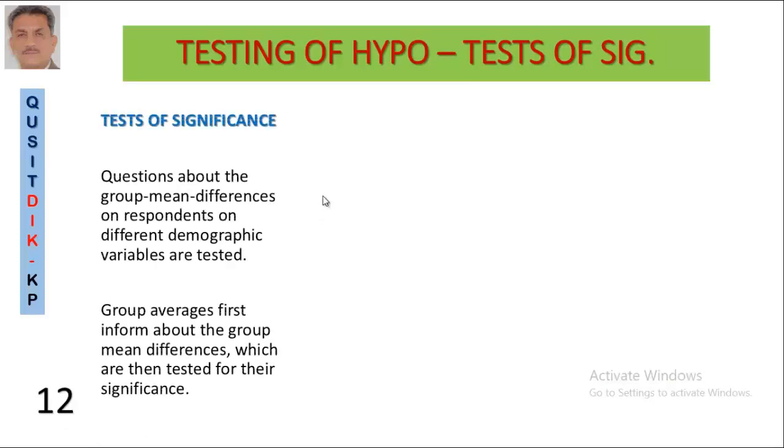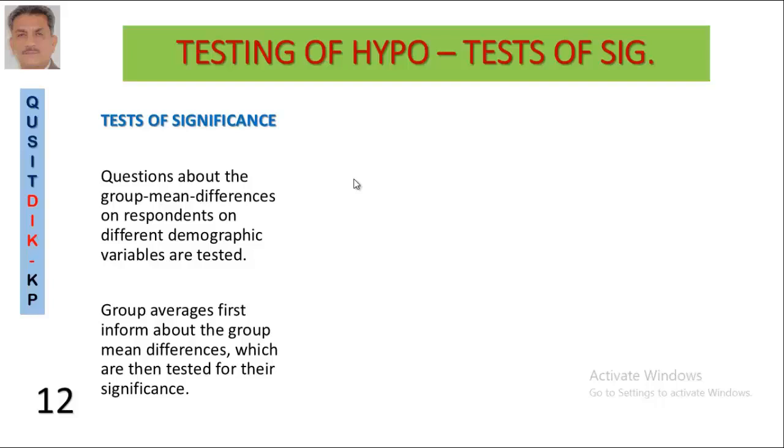As I was saying before, in social research most beginners start with descriptive analysis, correlation analysis, regression analysis, and tests of significance. Tests of significance refer to the statistical procedures we use to answer research questions about the group mean differences between the respondents. For example, the question will be whether the officers and staff members, two groups,